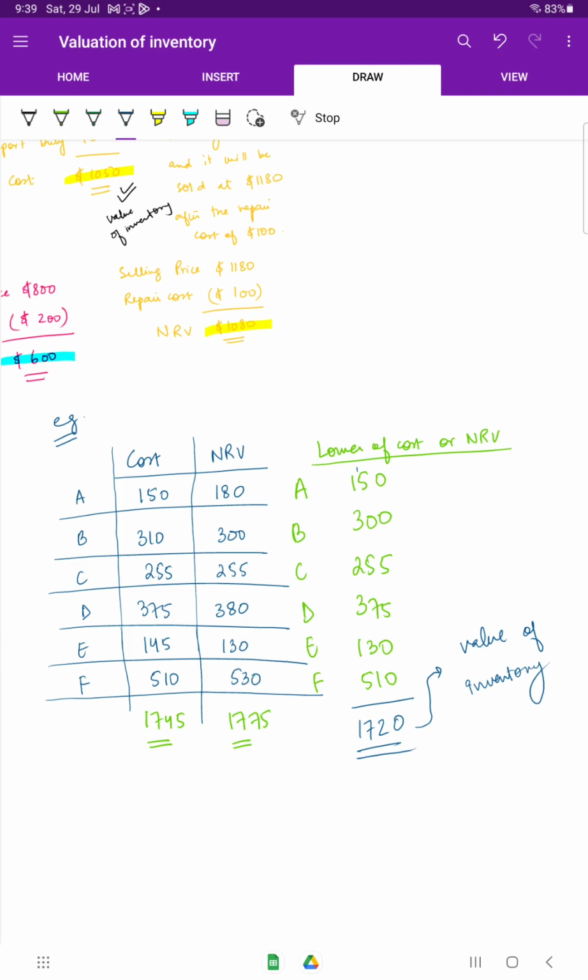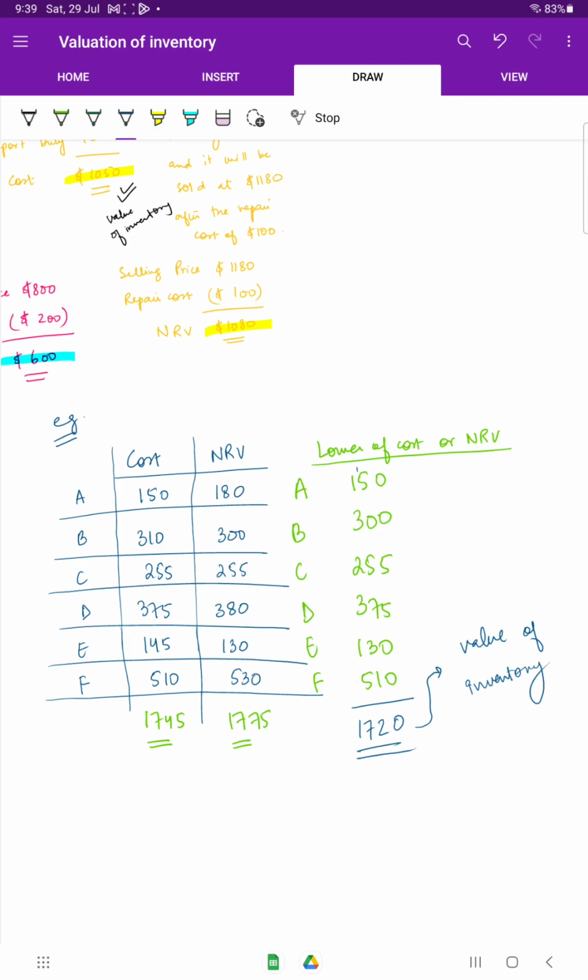You have the opening inventory, you have the closing inventory, and then you decide which value of inventory to go for. But for this you have two methods. You go for inventory valuation forward and you go for inventory valuation backwards. Why am I using these terms? Because when you are making your